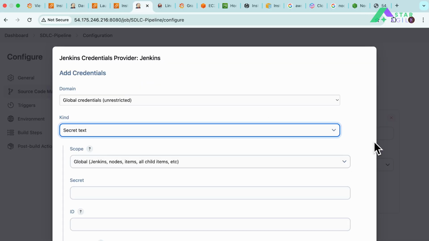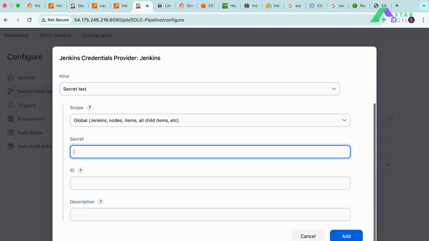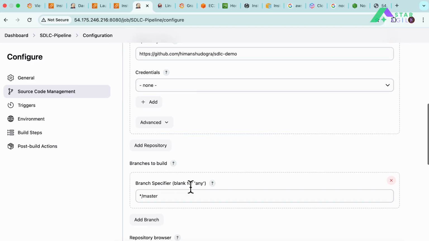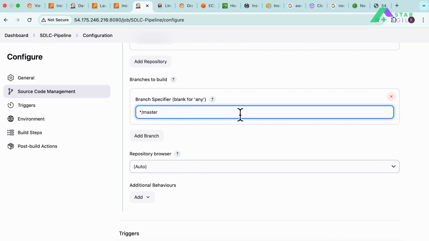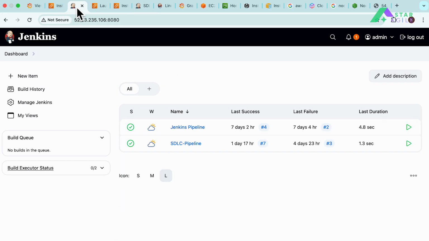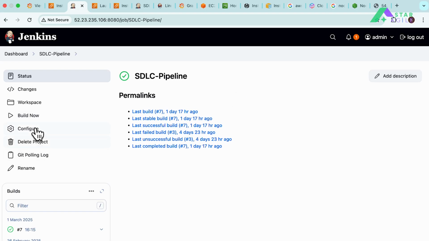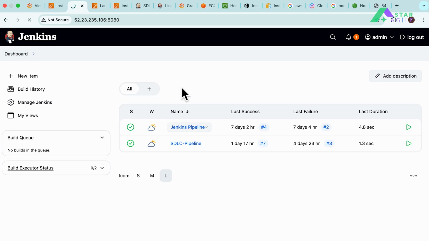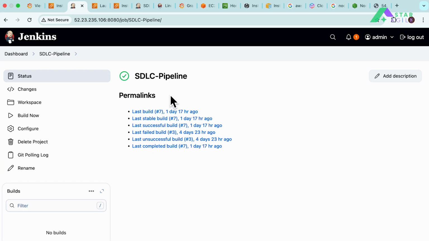Similarly, once you generate that token, you have to provide the token value over here as a secret, and then click on add. Once you do this, this source code will be linked to your Jenkins pipeline, and then you have to provide the branch. So currently, if I go up and show it to you, SDLC pipeline, okay, let's say if I go to Jenkins pipeline, let's go to SDLC. And if I say configure,